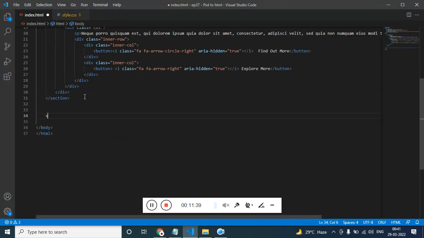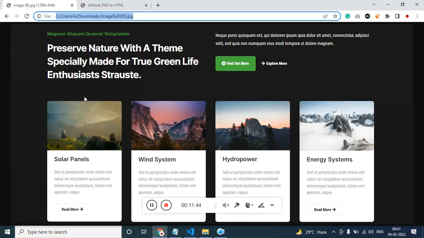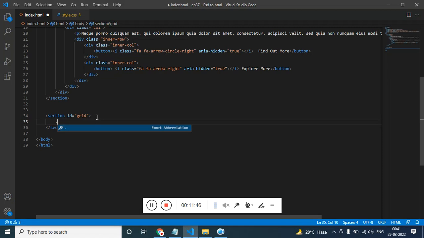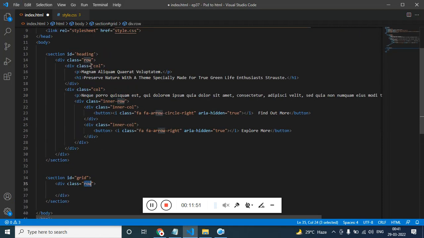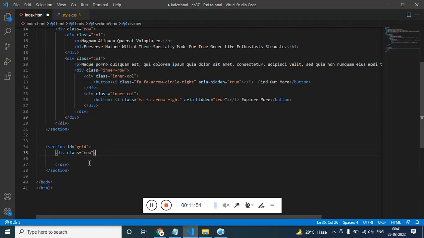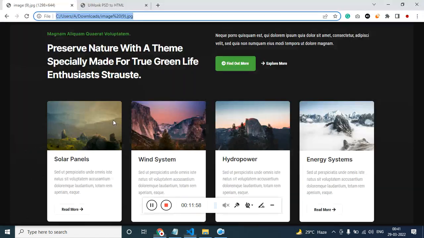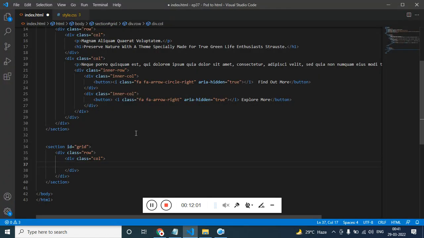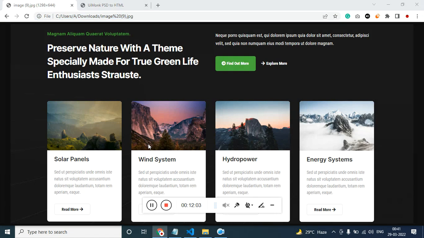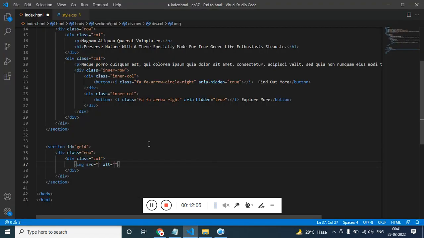This section, I'm going to name it as ID grid. Inside the grid we need a row. As you know, we have a row for class here and class here also. Because we are using a hierarchy, there would be no overriding issue. Inside the row we need column. Inside the column we can directly have image, image name, and then we can have h3 text, and then we have paragraph,